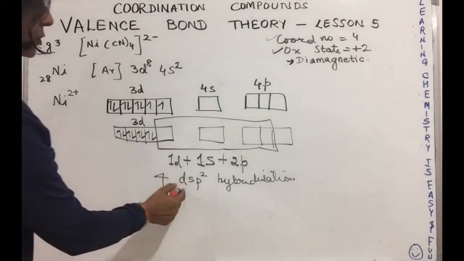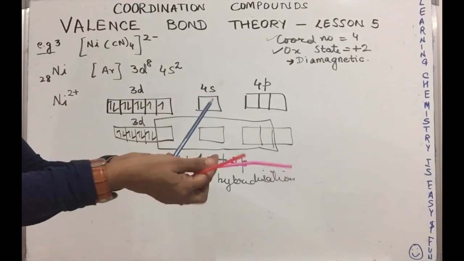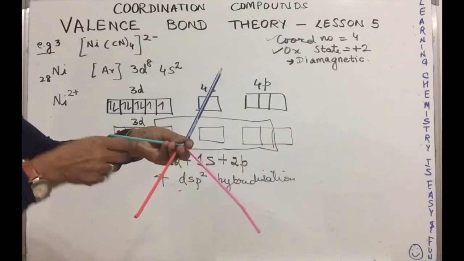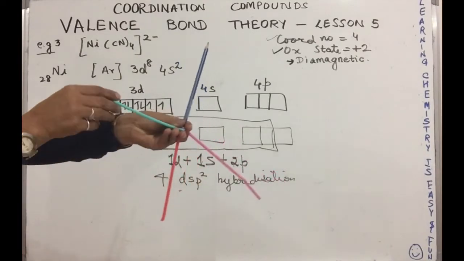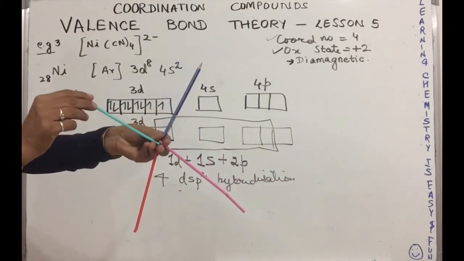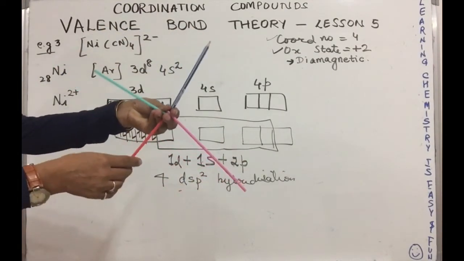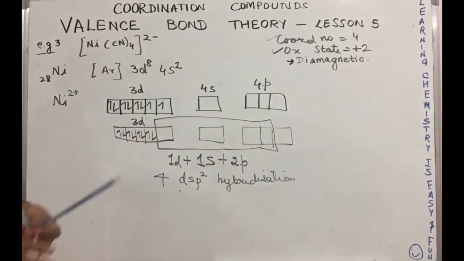So these 4 hybrid orbitals now need to be oriented so that they are at maximum distance apart, and there we go, 1, 2, 3 and 4. It's not a tetrahedral geometry. They are in one plane but directed towards the 4 corners of a square. So square planar geometry is what explains the structure of